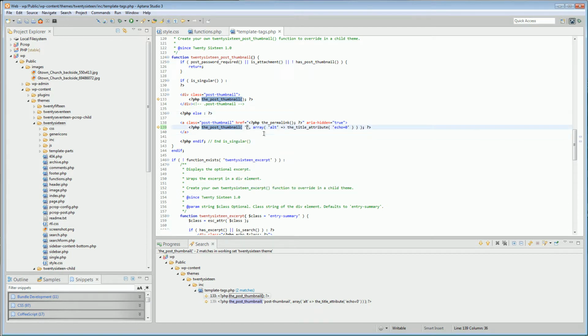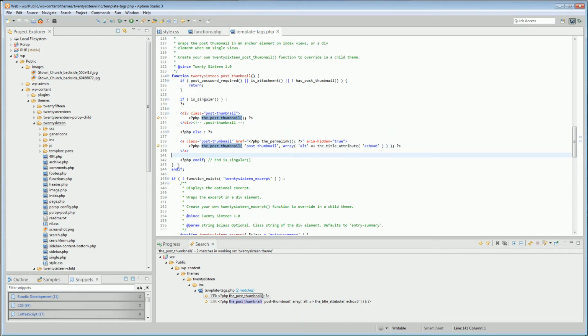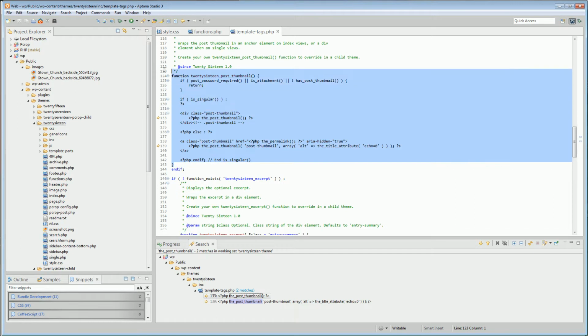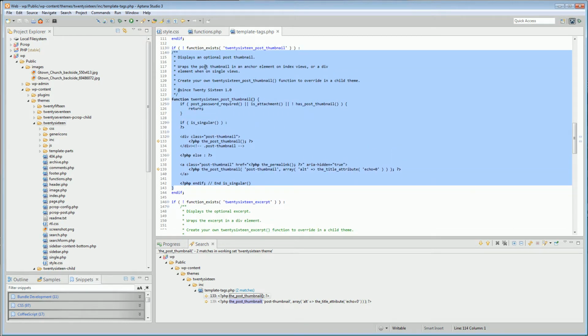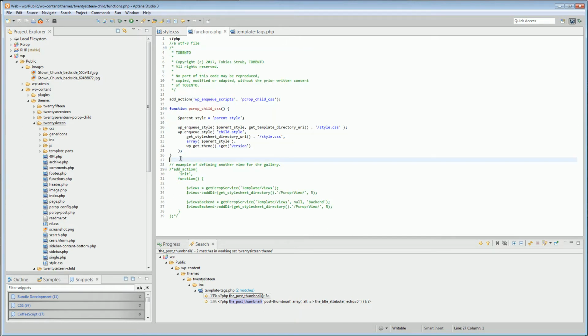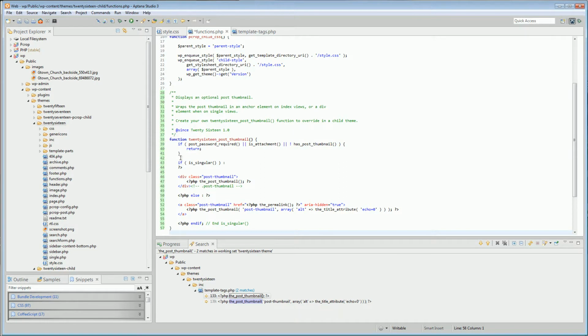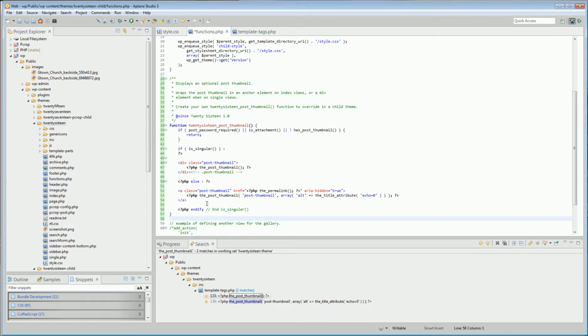Or no, sorry. We want to do it in our child theme. Let's just copy this function and add it in our functions PHP. So we can adjust it here. Let's say we want a list